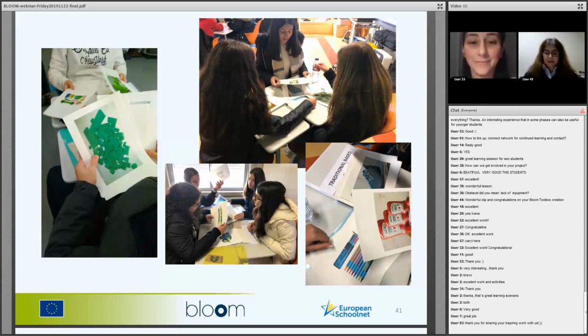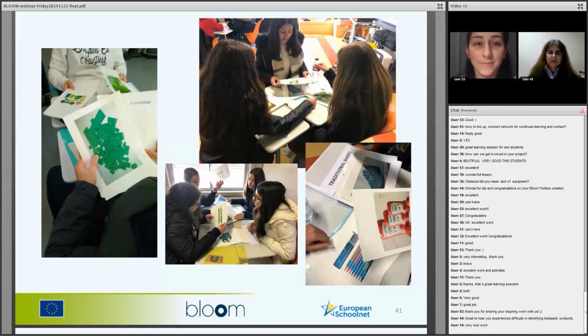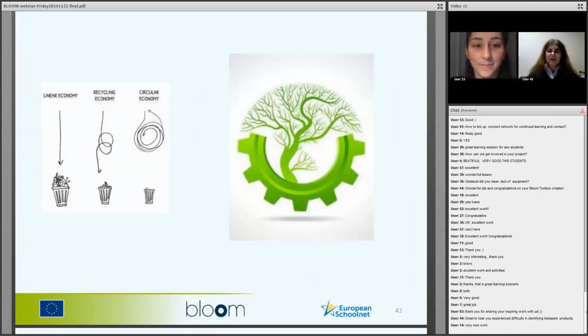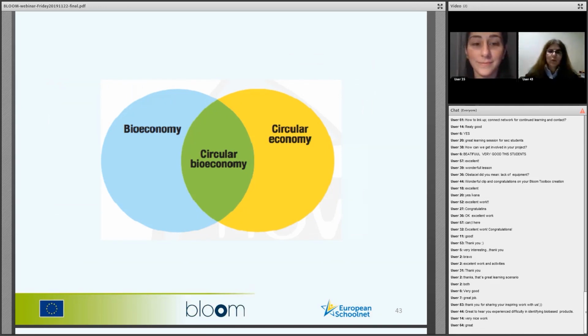They were very surprised about some materials having origin in cotton, corn, sugarcane. So we had a debate on linear economy, recycling, bioeconomy. We wanted to make sure that the concepts were understood, okay? And we think they really were understood. They now know what are bio-based products, what are products resulting from recycling, what is circular economy, what is circular